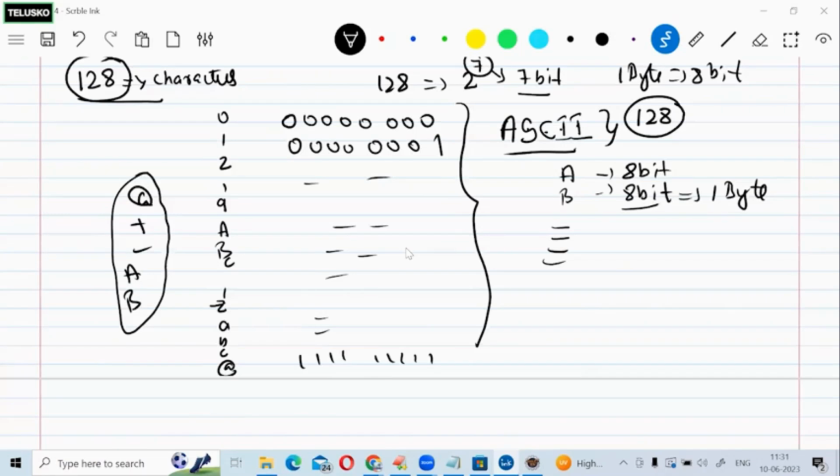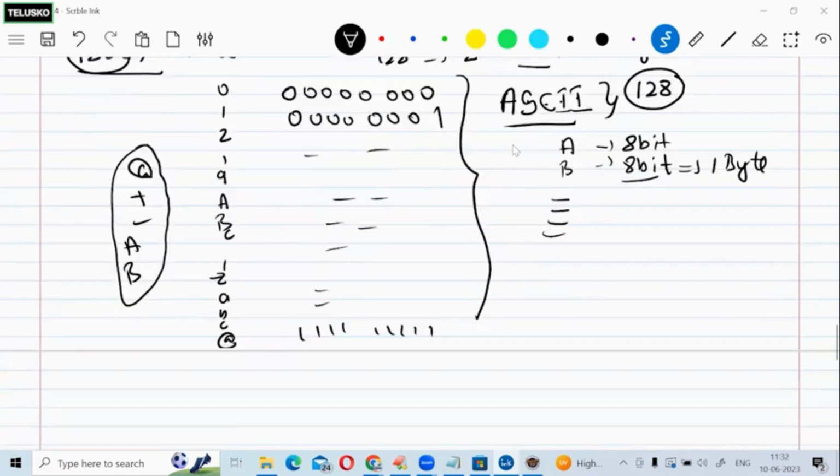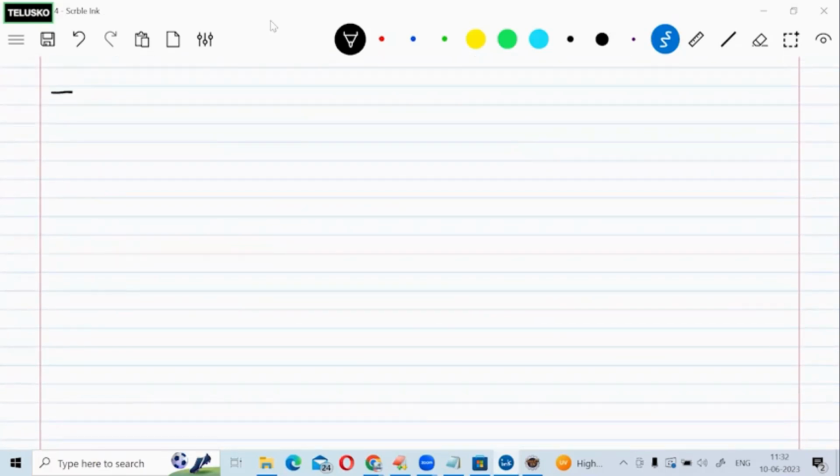So if your characters have to be stored in your memory in the form of zeros and ones, then can we use the ASCII format? Yes or no? American Standard Code for Information Interchange gives binary representation